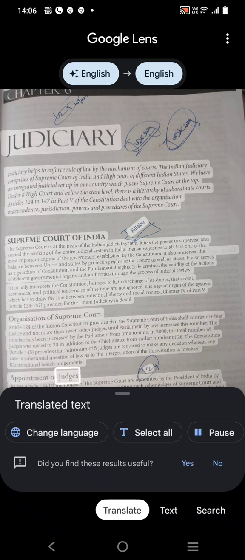Appointment of judges. As per Article 124(2), the judges of the Supreme Court are appointed by the President of India by warrant issued under his hand and seal after consulting such other judges of the Supreme Court and High Courts as he may think necessary for such purpose. In all cases, the Chief Justice of India, CJI,